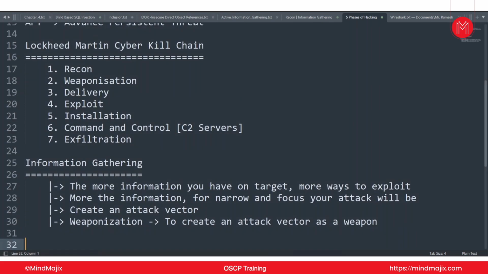And when we talk about this term information gathering, there are